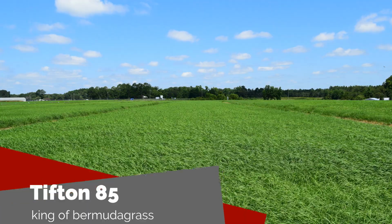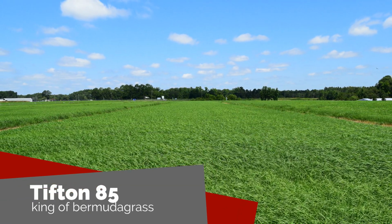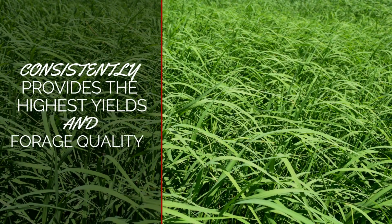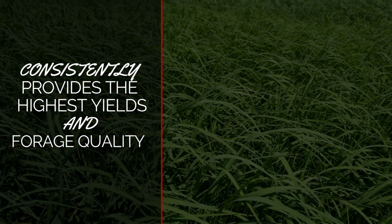Tipton 85 was released in 1993 by Dr. Glenn Burton. It is easy to distinguish from the other varieties since it has larger stems, broader leaves, a darker green color, and is taller growing than our other hybrids. It consistently provides the highest yield in our variety trials throughout the state and retains the high digestibility of its